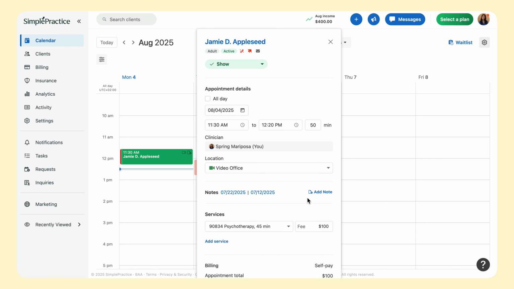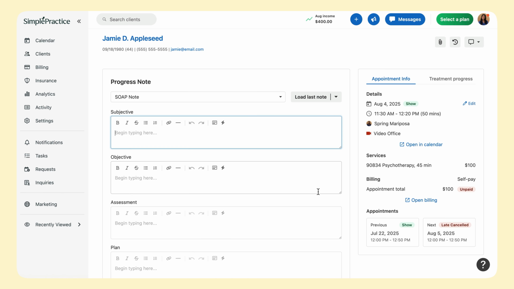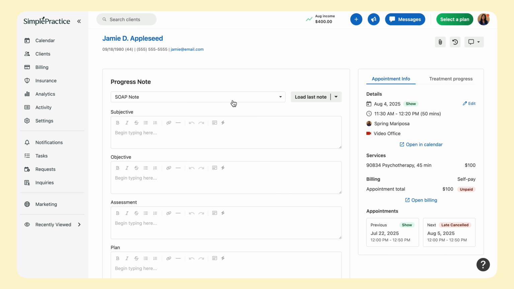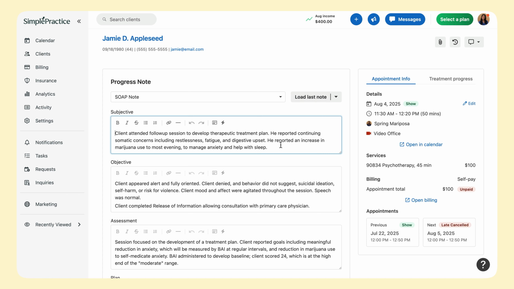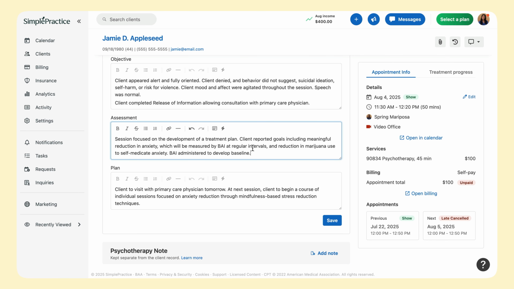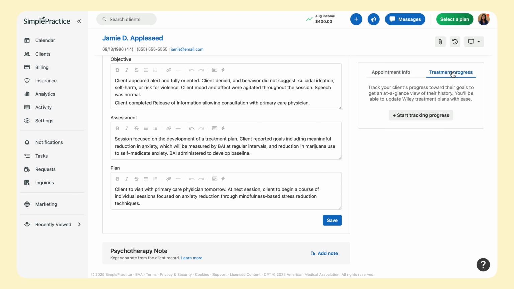To add a note, click Add Note. Here, you can use a template, whether it's an evaluation or SOAP note. If you've added a note for a previous session, you can click Load Last Note to pull up the content from that note and update what you need. On the side, you can also click to view treatment plans or other documentation that you may need to reference